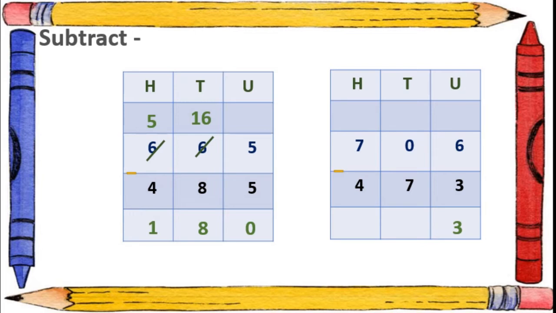Here 700 is there. When we untie this 700, we will get 100. We will take it to the tens place. That again 100 is equal to 10 tens. So we will get here 10 tens, and in the hundreds place 600 remained, isn't it? So 10 tens minus 7 tens is equal to 3 tens, and 600 minus 400 is equal to 200. Okay, the answer is 233.